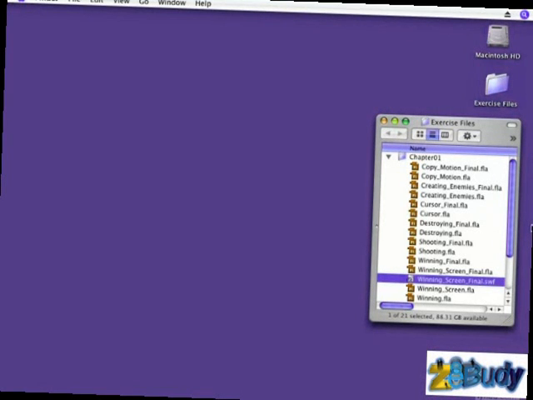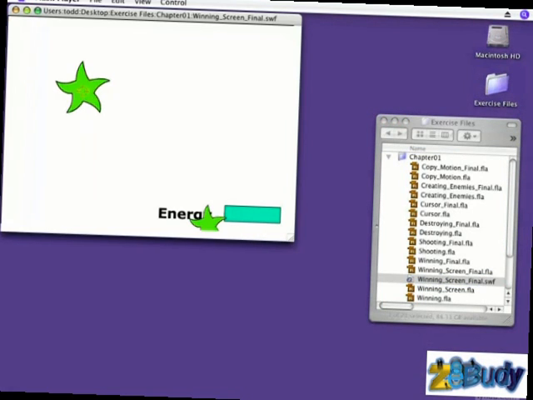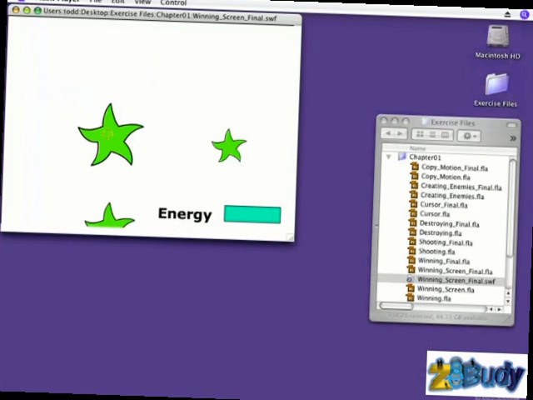In this chapter, we're going to make a shooter game. If you have access to the exercise files, open up winning_screen_final.swift in the Chapter 1 folder inside of the exercise files folder to look at the game. In this game, we've replaced the mouse cursor with a crosshair graphic, and we have some star monsters that you